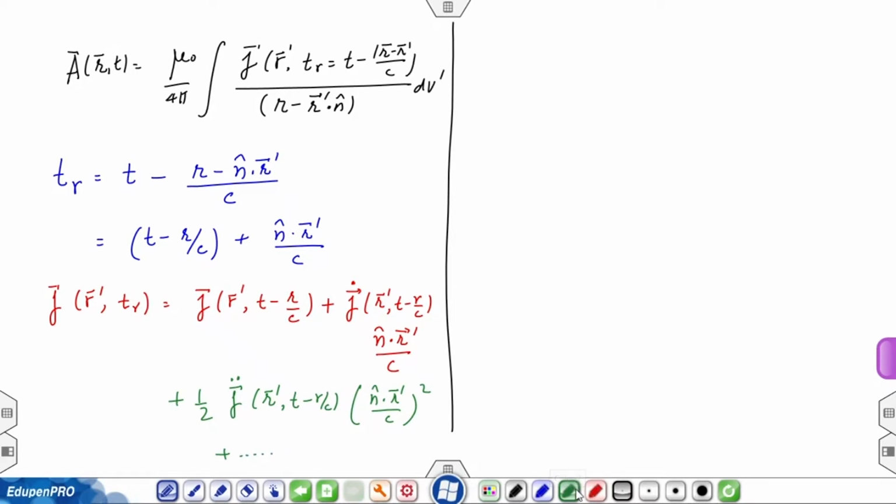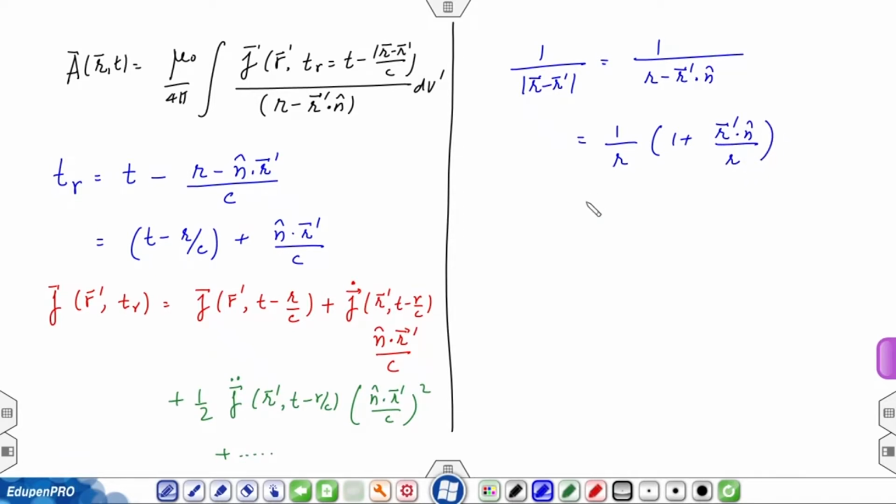Then I have 1 over modulus r minus r prime as 1 over r minus r prime dot n, which by binomial theorem is going to be 1 over r times 1 plus r prime dot n over r. So, this is 1 over r plus order 1 over r square term, which I am going to neglect. And therefore, I can write the expression for the vector potential A